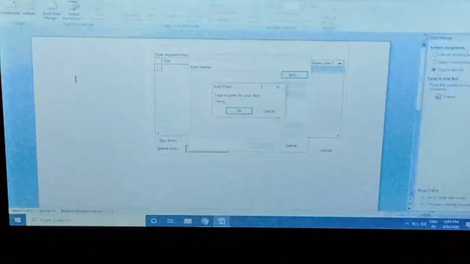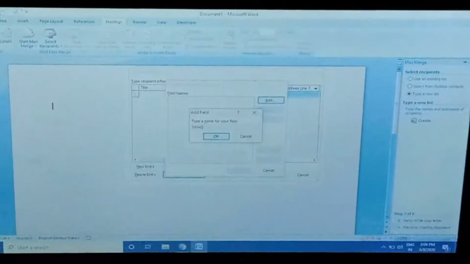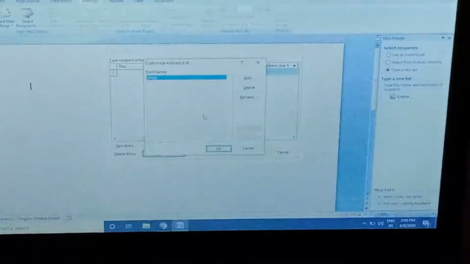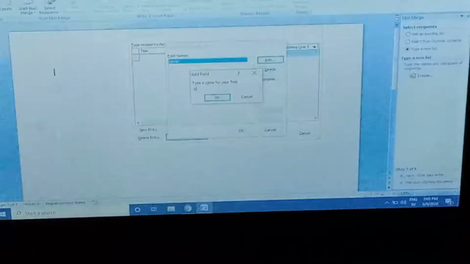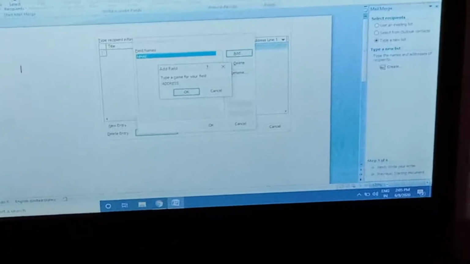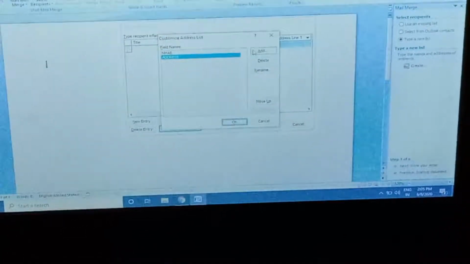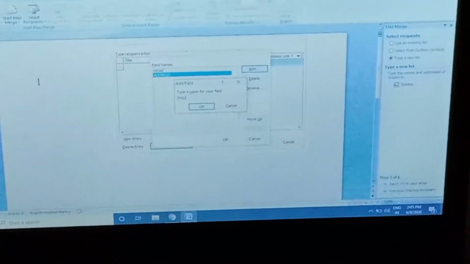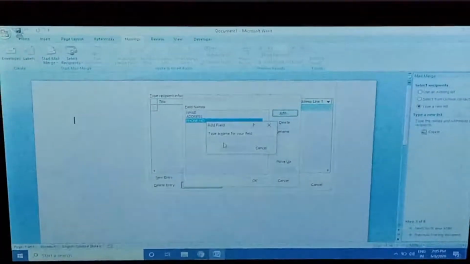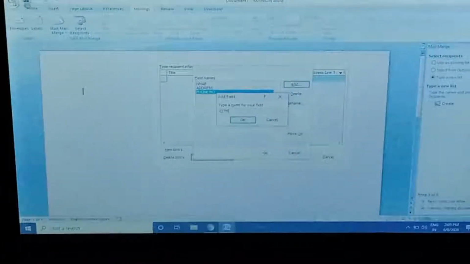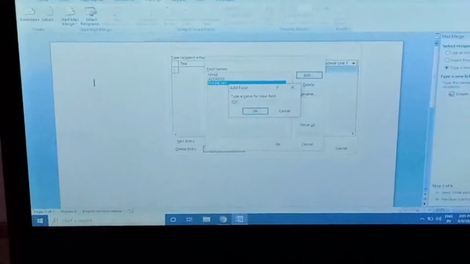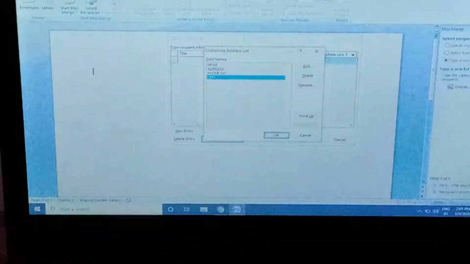The Name field is automatically added. Again, Address, click OK. Then Phone Number, click OK. Then City, click OK.